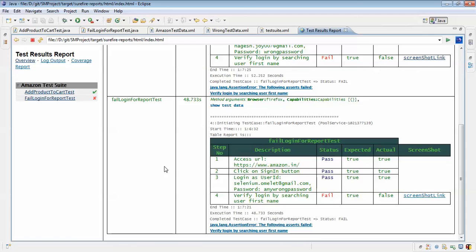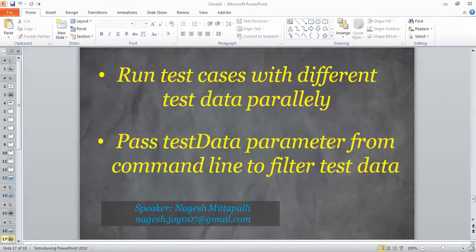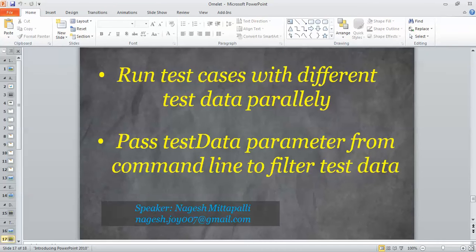So like this we can achieve parallel execution by increasing the data provider thread count to 2. And the second point I am going to demonstrate now is passing a test data parameter from the command line to filter test data. What it means,